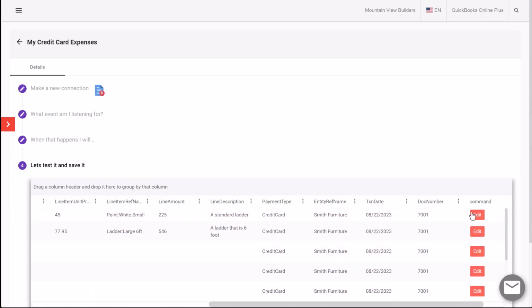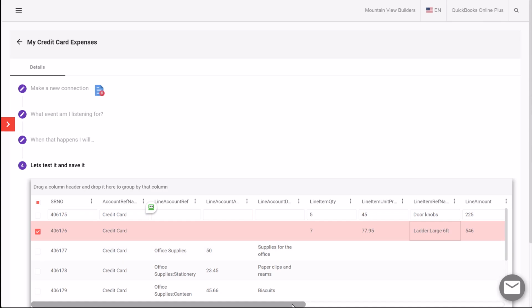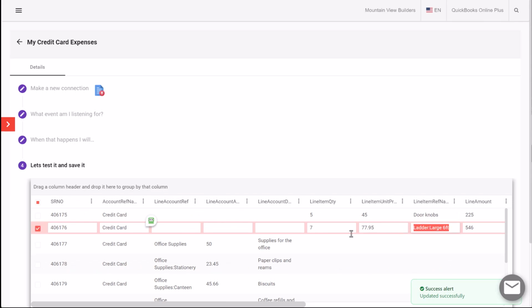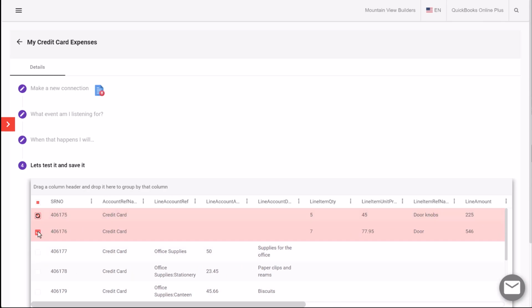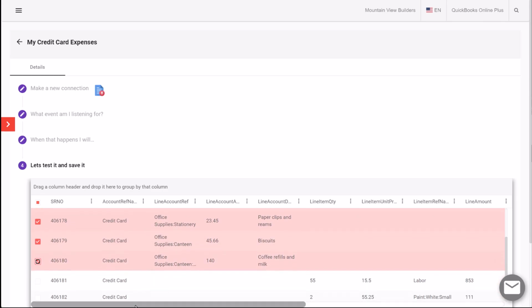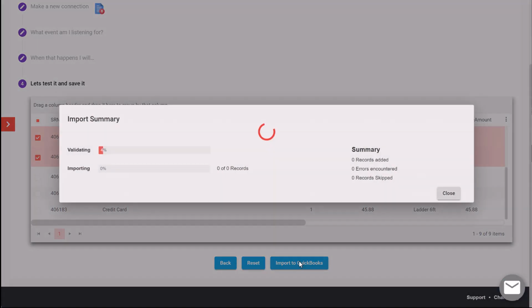Now you have the ability to edit this data if you want to, so we can change this as we need to if we need to modify any of these. And then when we finish reviewing, we can select the rows that we want to import. And finally, we click on the Import to QuickBooks,